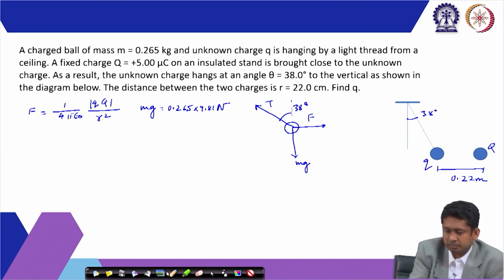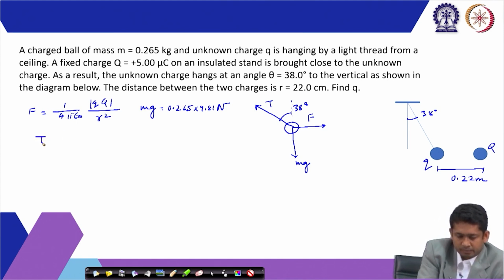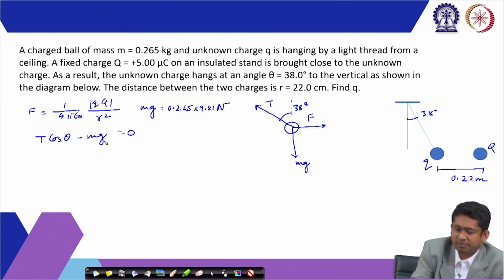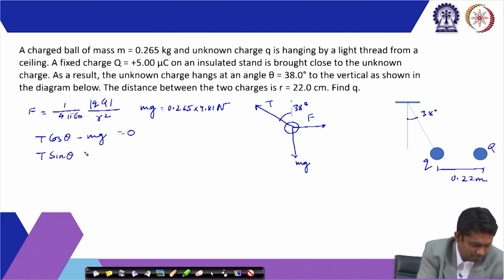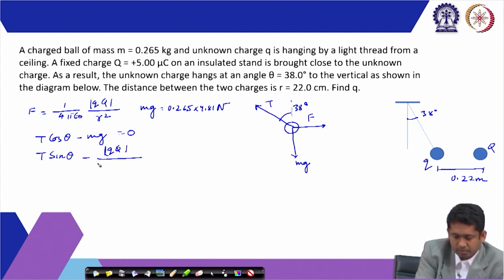So, we can write T cosine theta minus mg equal to 0 if I sum up all the forces along the vertical direction, and T sin theta minus qQ by 4 pi epsilon 0 r square equal to 0. Then from these two equations we can eliminate T and find out our